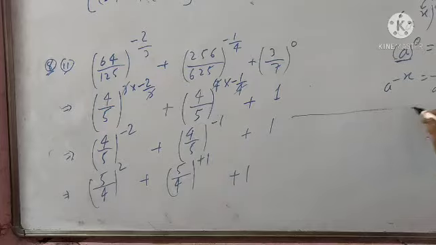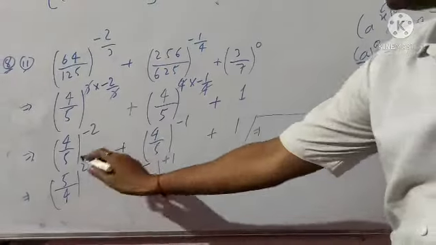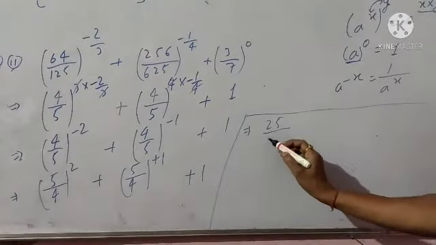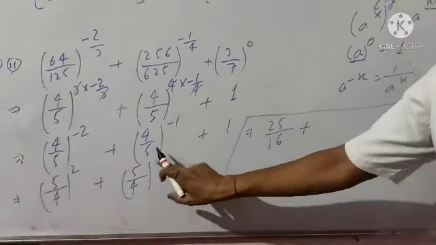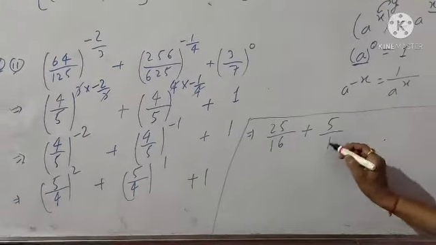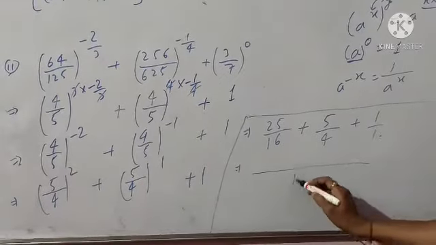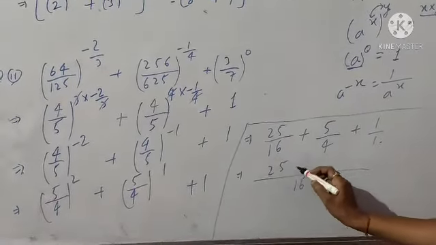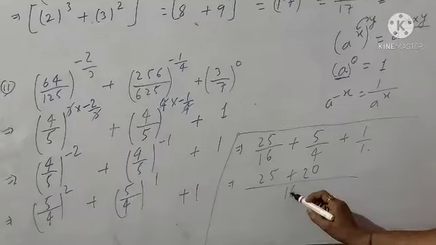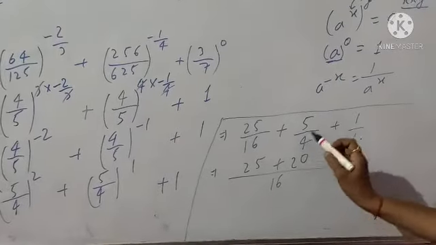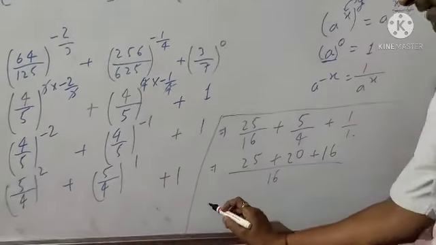Okay, then after that, 5 squared is equal to 25, divided by 4 squared is equal to 16, plus 5 to the power 1, here is the positive 1, that means we can write 5 divided by 4 plus 1, so 1 by 1. Take LCM student, here 16 is the LCM, so 25 plus 20, because 4 divided by 16, 4 is multiplied by 5, so 5 into 4 is equal to 20, plus here 16 is multiplied in 1, so here is the 16.